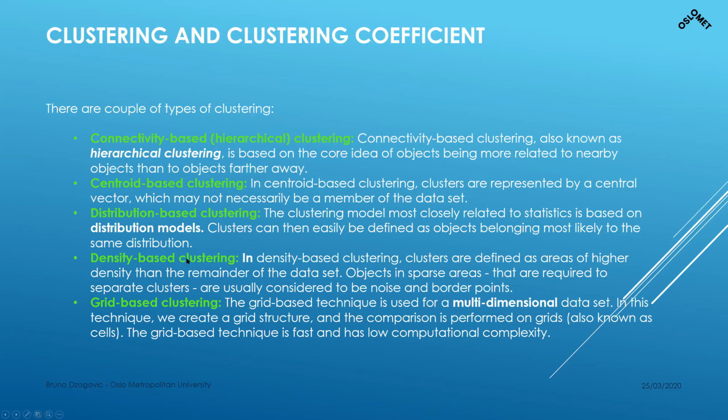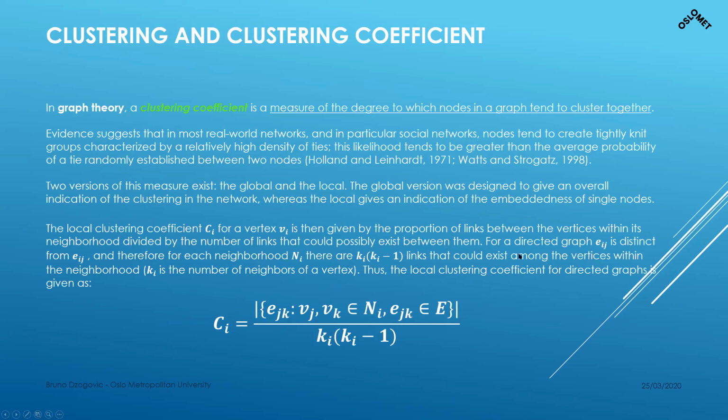Then you have density-based clustering, like sparse and dense areas. This is how population density is measured, for example. Then you have grid-based clustering. You're creating a grid in order to measure. Let's say you put a piece of blood on an examination table, and you put a grid on it in order to measure how many red blood cells per square micrometer, or something like that. So there are a lot of different ways clustering is used, and Kubernetes uses some of them.